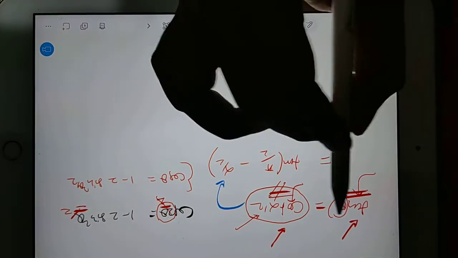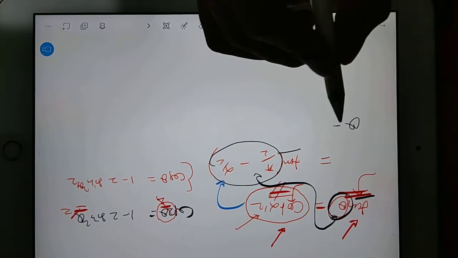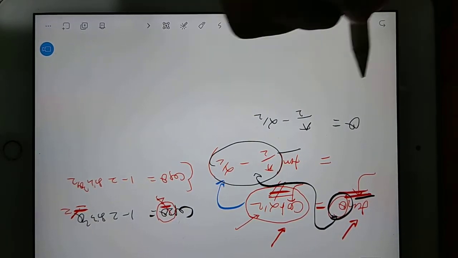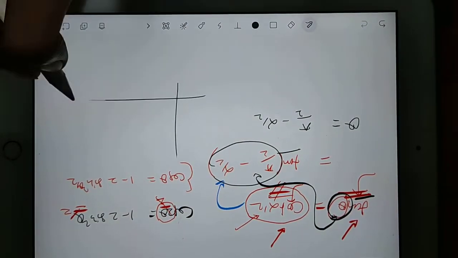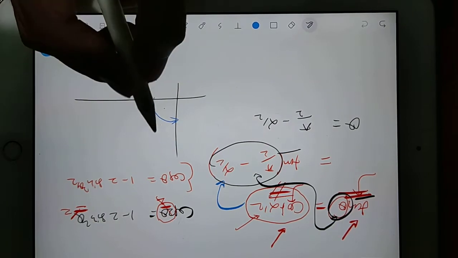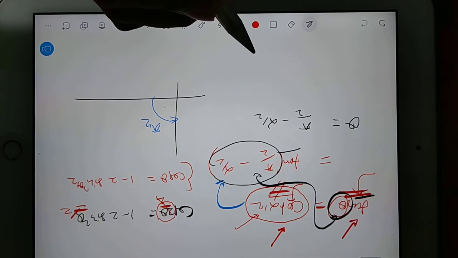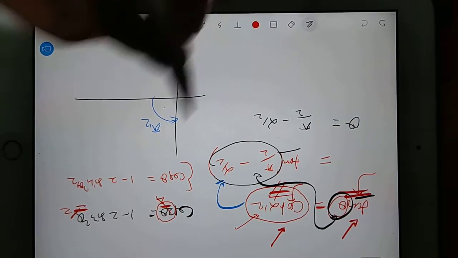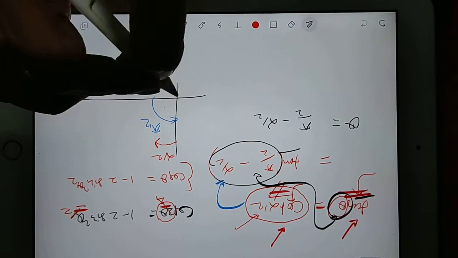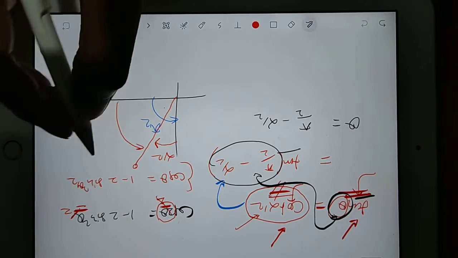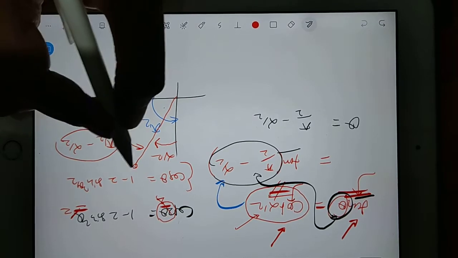Okay, so now you can see here tan theta is equal to tan this much. So it means this theta is equal to this. So we got theta is equal to pi by 2 minus alpha by 2. So on the track, this total is your pi by 2. Now from this pi by 2 you have to subtract some alpha by 2 angle. Suppose this much is your alpha by 2 angle, then you will be remaining with this much angle. That is the angle I am calling pi by 2 minus alpha by 2, so this angle is theta. So your point is here.